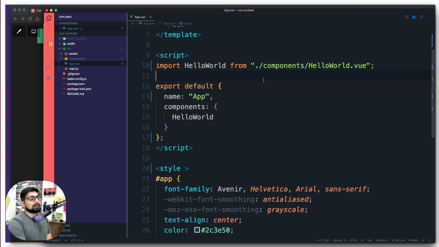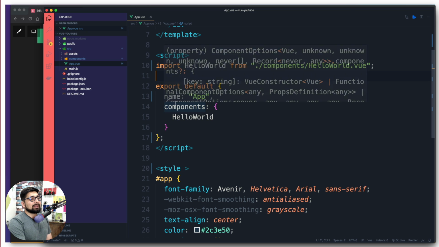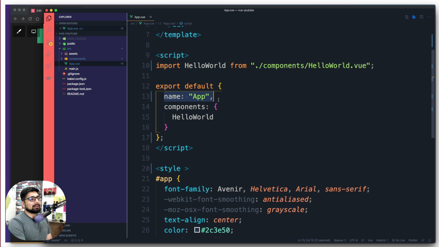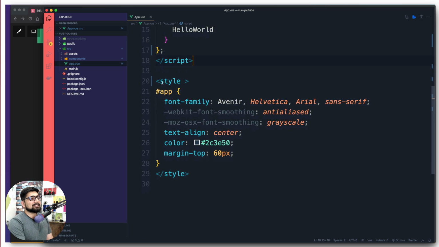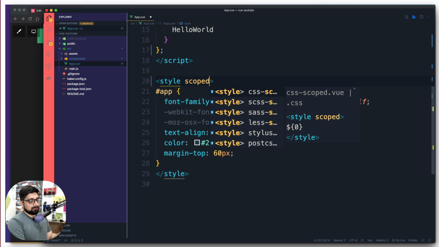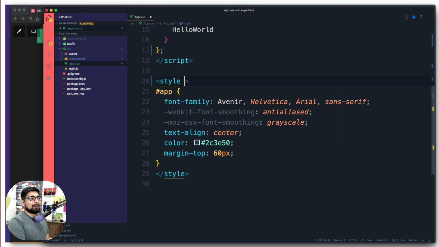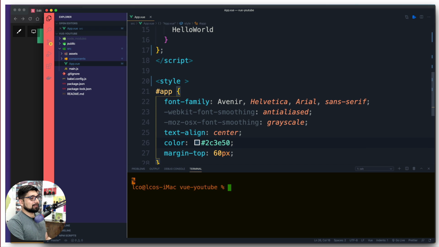And this is the part where you simply say how many components are loaded up, how many components are mounted up. And lastly, but not the least, is going to be the style. Now, style is a bit different, and there are going to be a lot of keywords you're going to be seeing sometimes, keywords like scoped and a lot of other things. I'm not going to go too much into detail, but rather I'll give you enough of the details to have it. Now let me go ahead and open this up, and you're going to notice something very strange